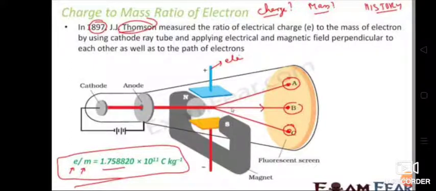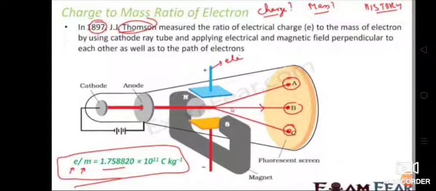When only the electric field is applied, the electrons deviate from their path and hit the cathode ray tube at point A. Similarly, when only the magnetic field is applied, the electron strikes the tube at point C. By carefully balancing the electrical and magnetic field strengths, it is possible to bring the electron back to the path followed in the absence of electric or magnetic field, and it hits the screen at point B. By carrying out accurate measurements of the deflections observed, Thomson was able to determine the e/m ratio as 1.758820 × 10^11 C/kg, where m is the mass and e is the magnitude of the charge of the electron.